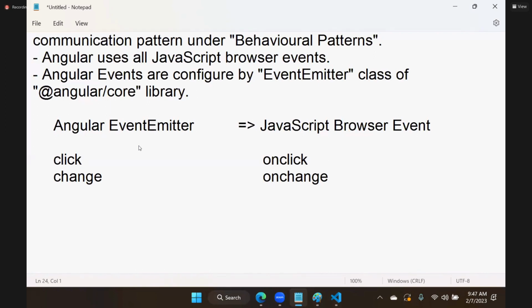If anyone asks, is Angular directly using events of JavaScript? It is not directly using events of JavaScript. It is using the events which are defined by a class called EventEmitter. These EventEmitter events are mapping to browser events. If anybody asks why Angular cannot use JavaScript events directly, why it should use a derived one,